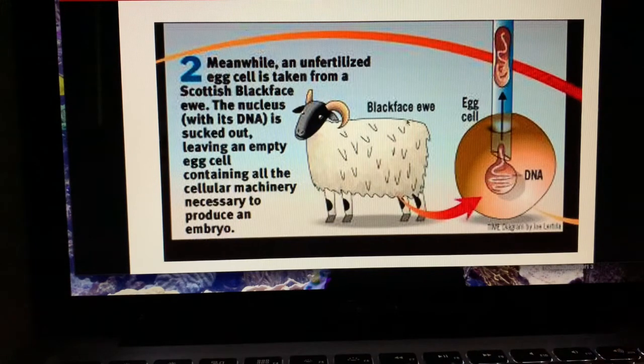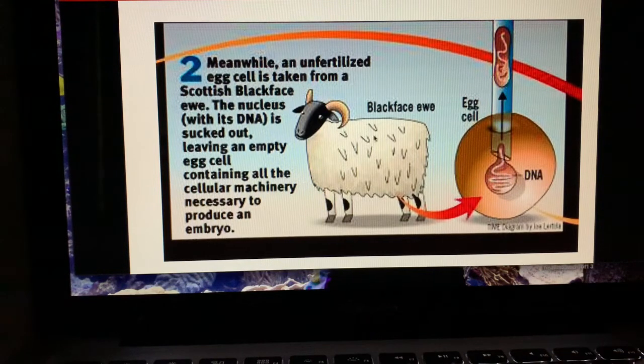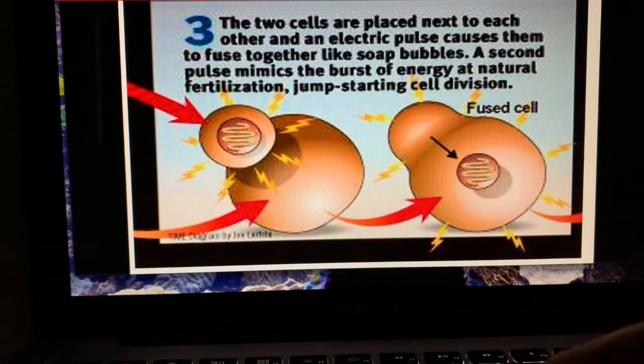Then we take here, okay, an unfertilized egg, so a sex cell from a different female sheep. And if you'll notice here, what we're doing is we're emptying the egg. They are removing the DNA, half the DNA that was needed to make this sheep. It has been removed. And you guessed it, what happens now is we take the DNA from the body cell, from the first sheep, and fuse it or fill the empty egg with it. And you can see that happening here. So now we have an egg filled with all the chromosomes from just one sheep.